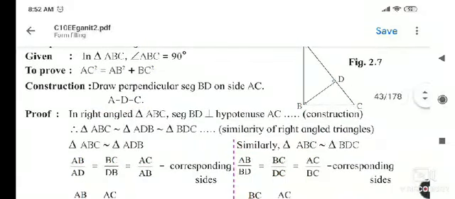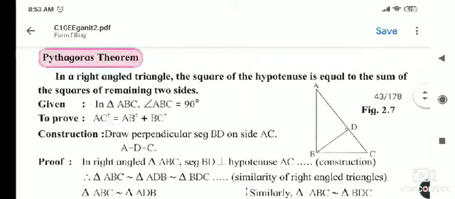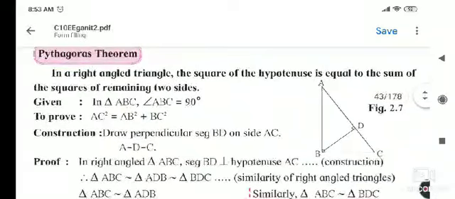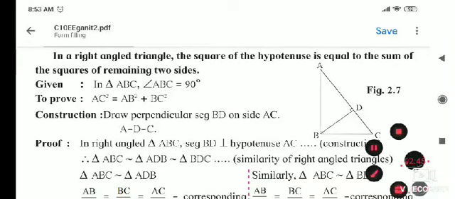Next point is, whatever revision lectures I am taking, these things are there. At the time of the board exam also, if you revise it, then it will be helpful for you, because your revision will take place in a short time. So in this exam, whether these questions will come or not is not important. The importance is the understanding, and we have to understand the applications of this theorem. So just do the revision properly.